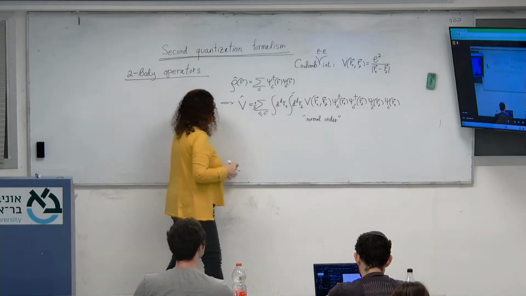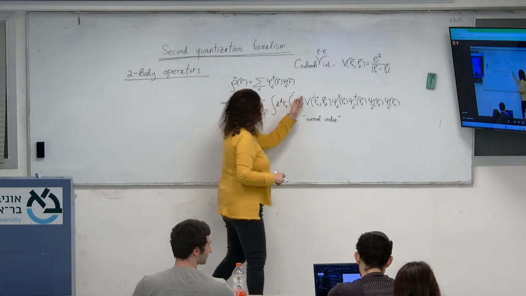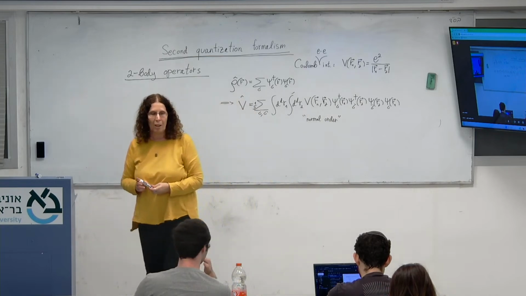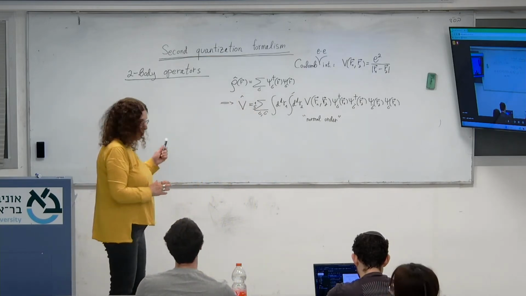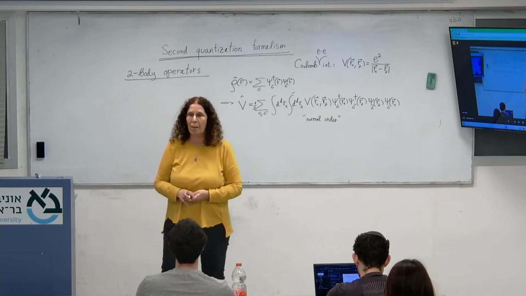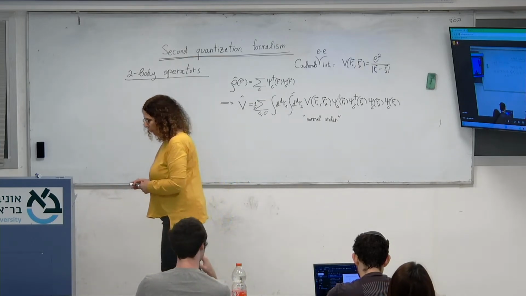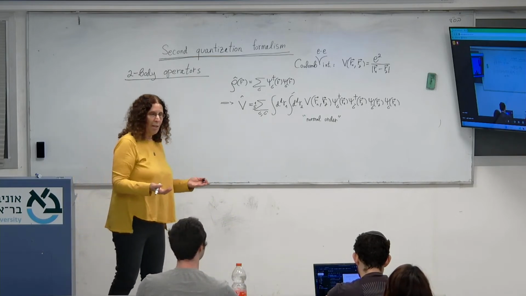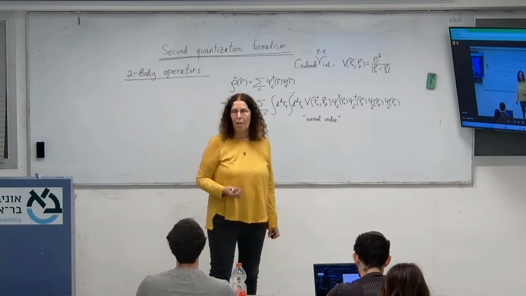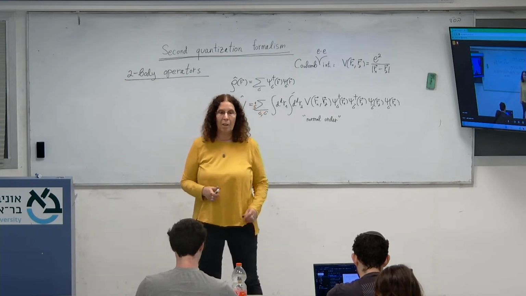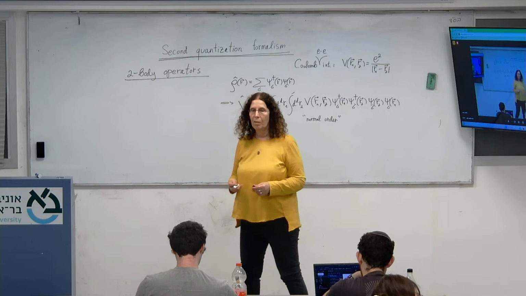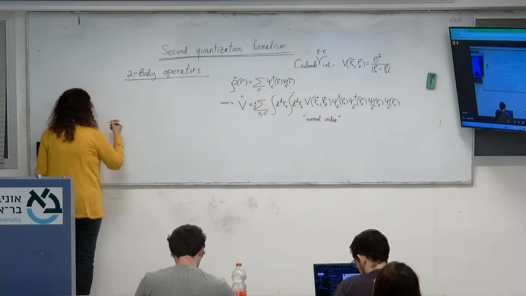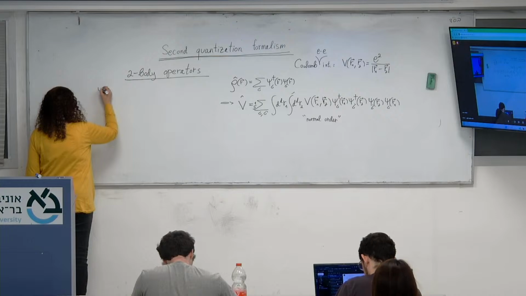Let us now write, so this form is a general way of writing a density interaction in real space, but sometimes it is more useful to switch to a different basis, just because, for example, the single particle states are better described in momentum space or in some kind of other quantum number. So using this